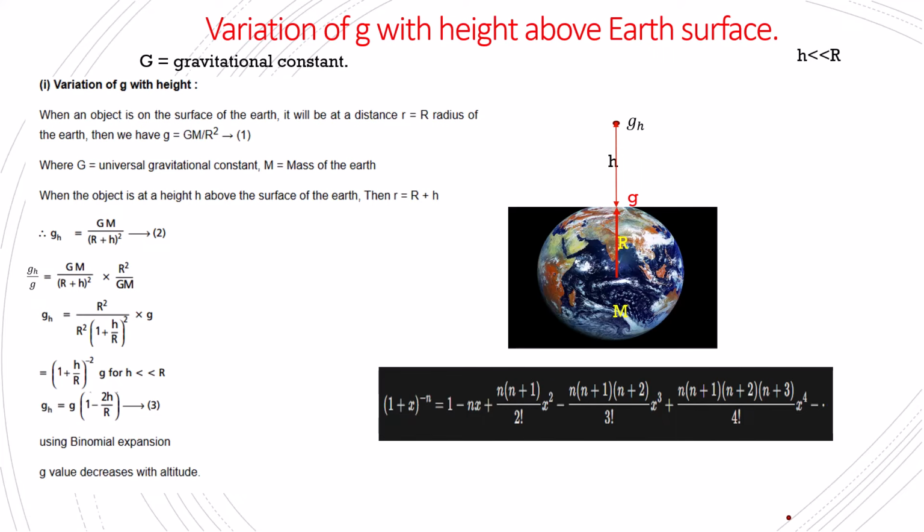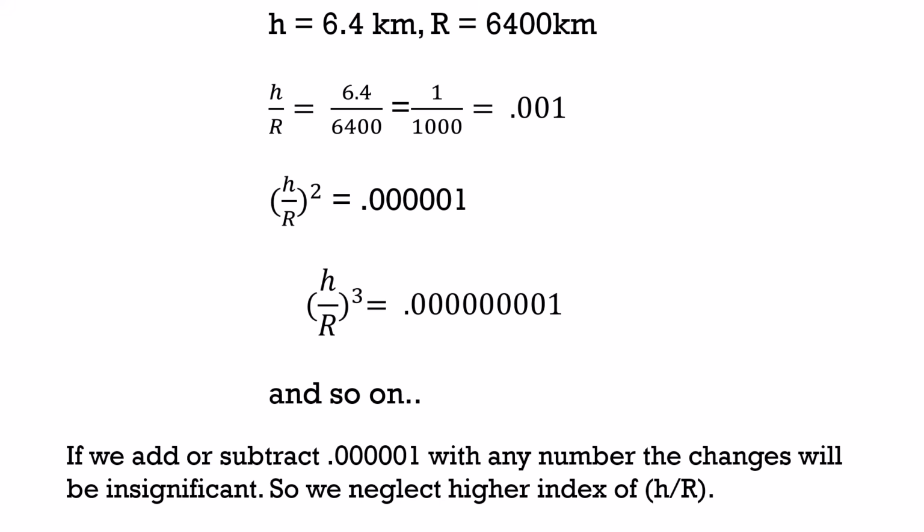So let us take a numerical example. We go to a hill which has a height from sea level of 6.4 km, and the radius of the Earth is 6400 km. So h by r equals 6.4 by 6400, which equals 1 by 1000, which equals 0.001. Now what will be the value of (h by r) whole square? This will be equal to 0.501,